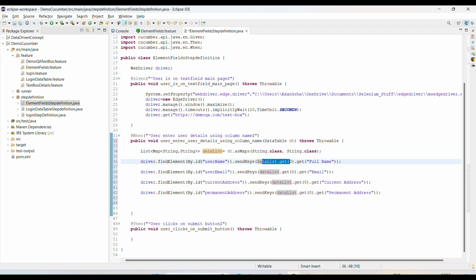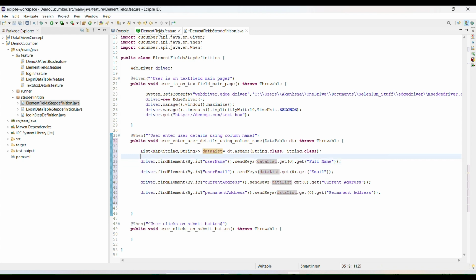The key is the column name, and the value is get 0, the zero index row. The column name will be the key, and this will be the value. We are getting the full name value and entering it inside the user full name, right?